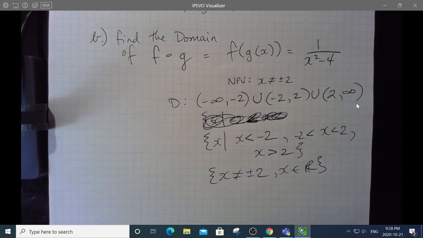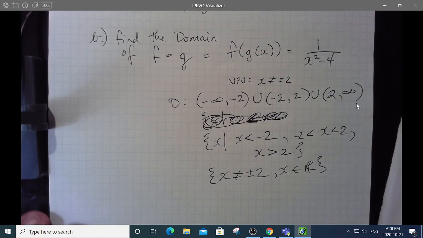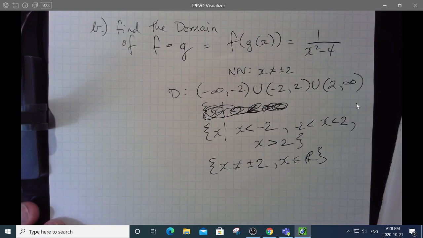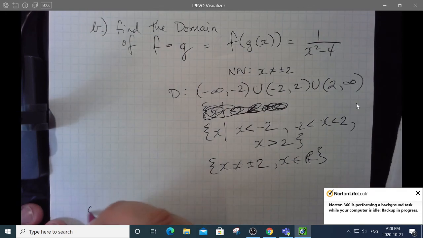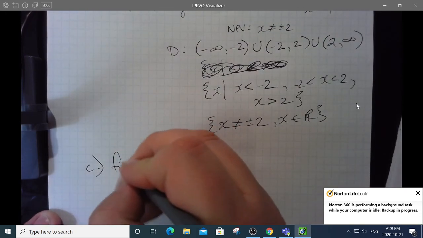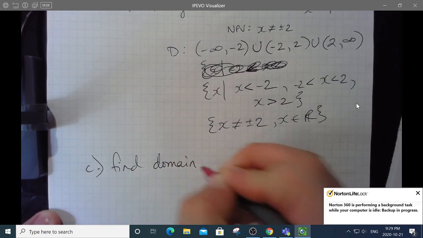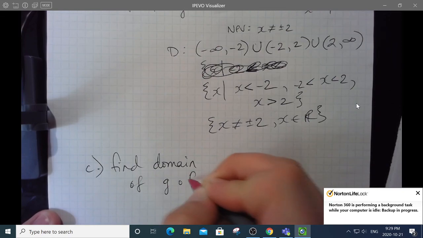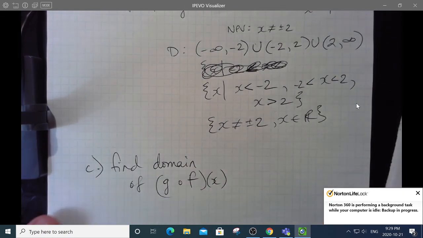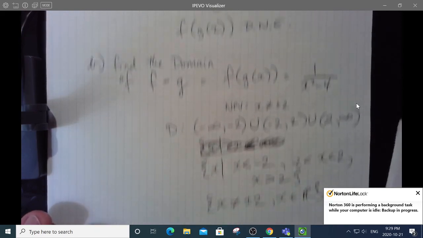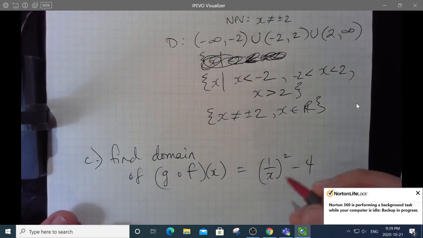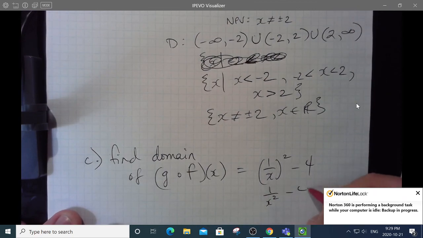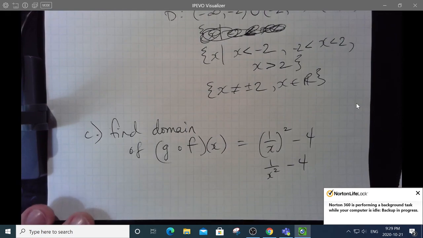Now, let's think about it the other way. Find the domain of g of f of x. So let's do it the other way. So g of f of x would mean plug the f into g of x. So that's going to be 1 over x squared minus 4. And for that one, the domain is, and let's write it the easy way this time,